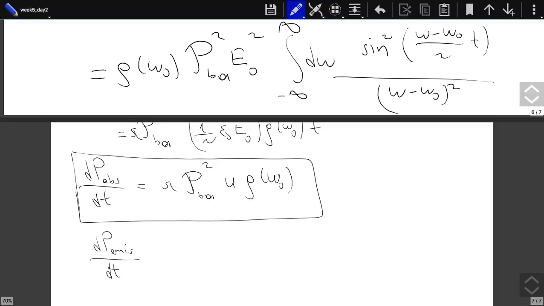Now, if you look at the emission probability per unit time, you will see that it is also exactly the same. The difference we have to make is, remember, in calculating the absorption probability, we assumed we started from the ground state, and initially the whole system is in the ground state. The excited state has 0 probability, so that sets the initial values of our C parameters: Ca was 1, Cb was 0. The only thing we have to change is that in this case Cb would be 1 and Ca would be 0. Everything else will be exactly the same, so that just amounts to an exchange in here.